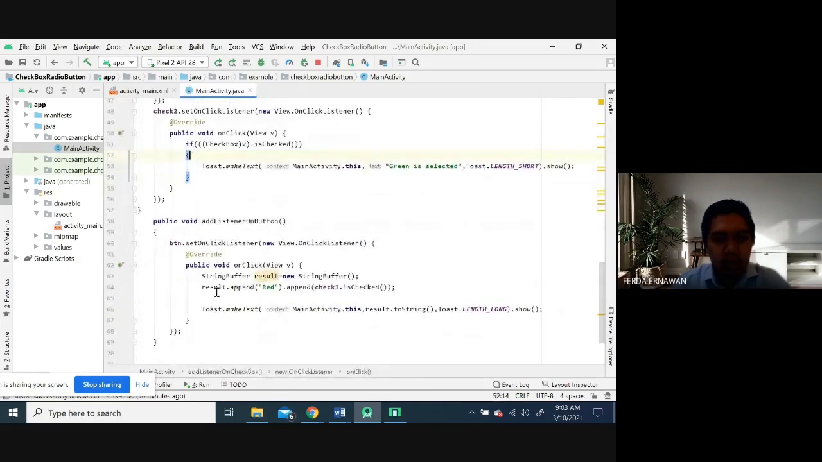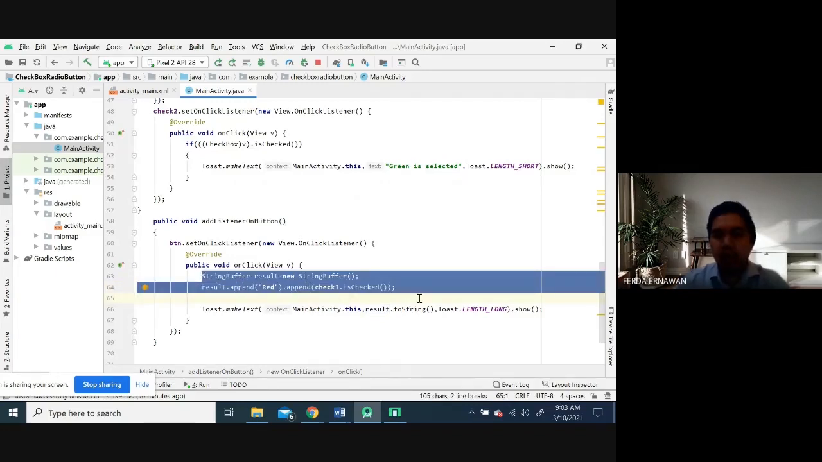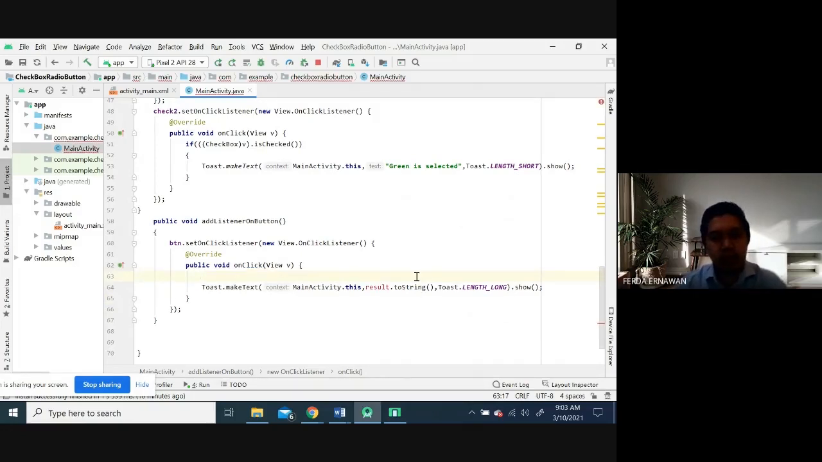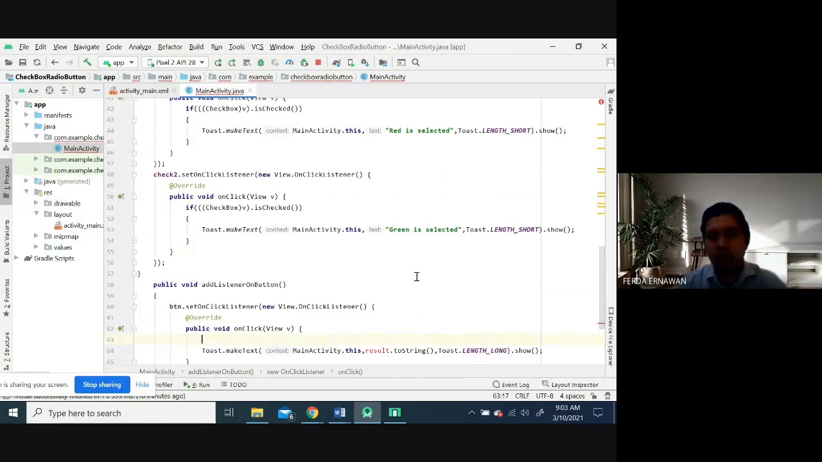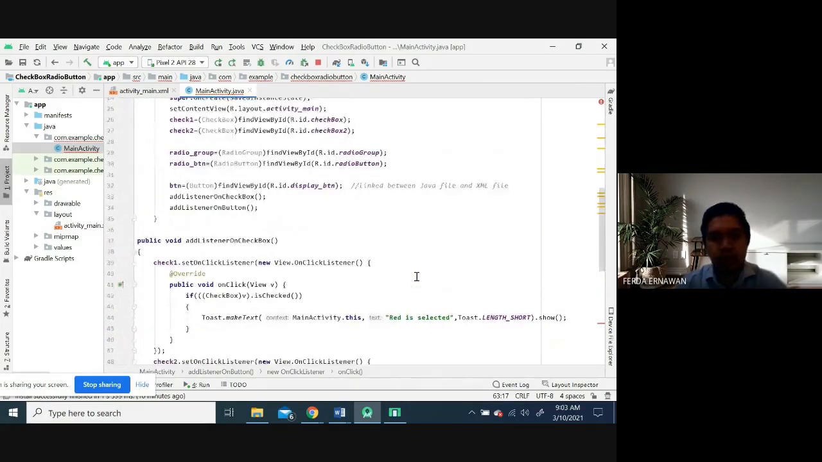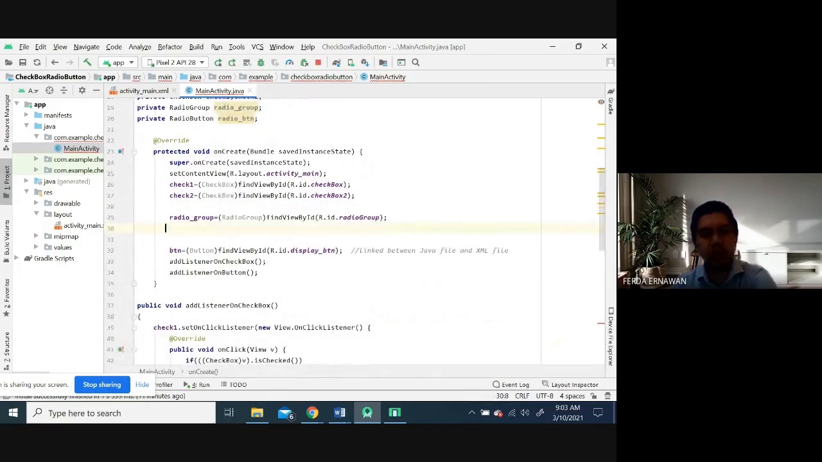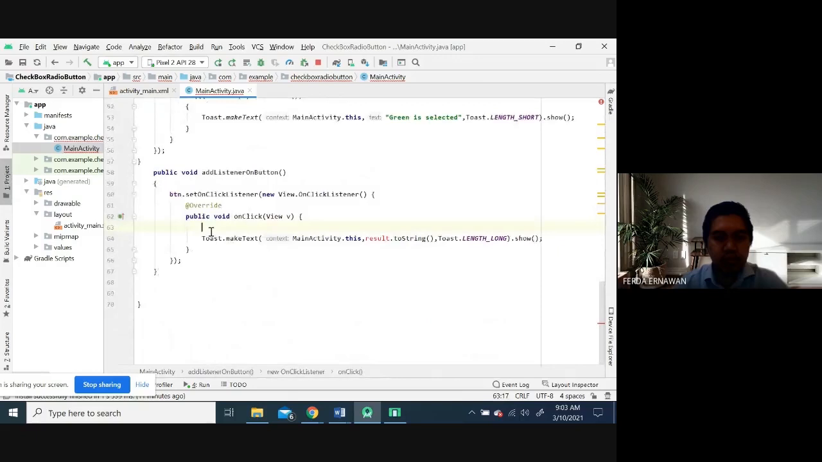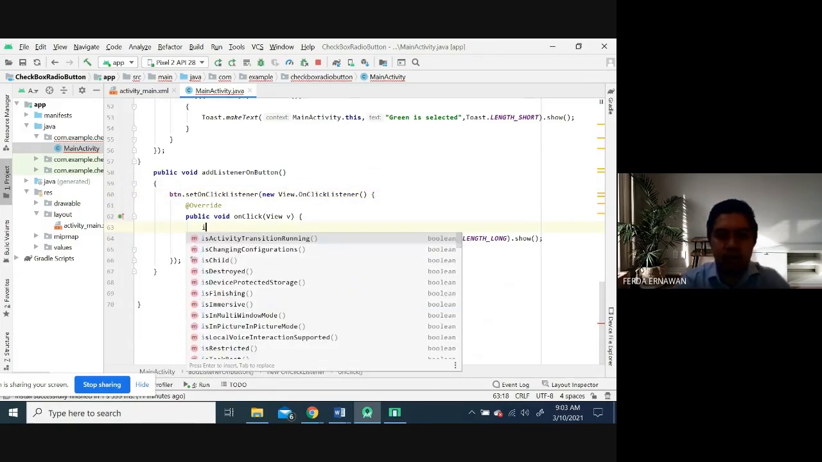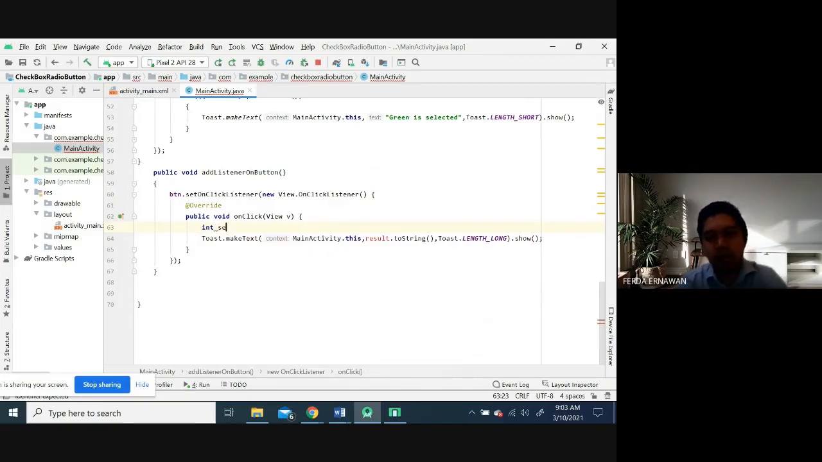Okay, let me modify this one. Result button. I remove this one. Okay. Sorry, this one. Only there. Only one. Radio group. Button. Once I click the button, after that I integer selected ID,